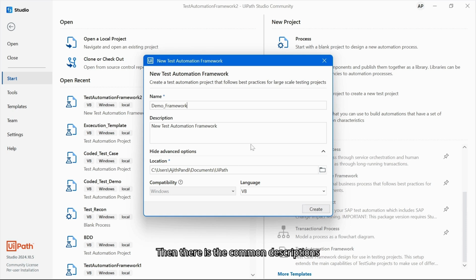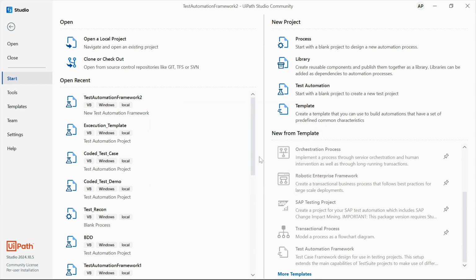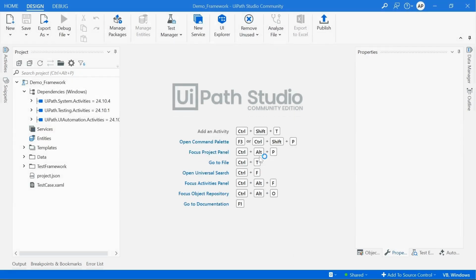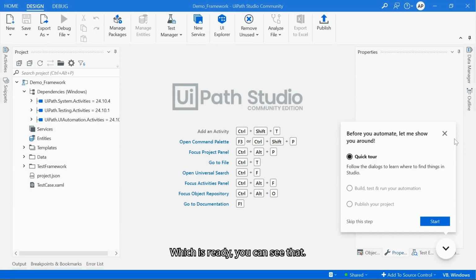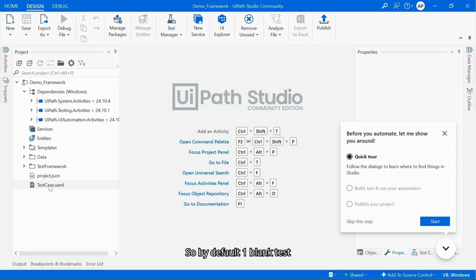Then remaining are the common descriptions, location, compatibility, create. Let it load, it will take a couple of seconds. Yeah, it is ready. You can see that by default, one blank test case gets created,